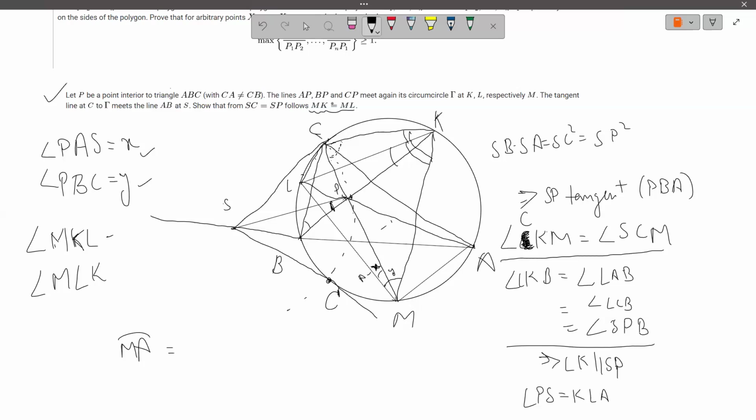MPC is collinear and APK is collinear. I believe you mean LPA. This is K. Oh, okay, yeah, my bad. So LP is